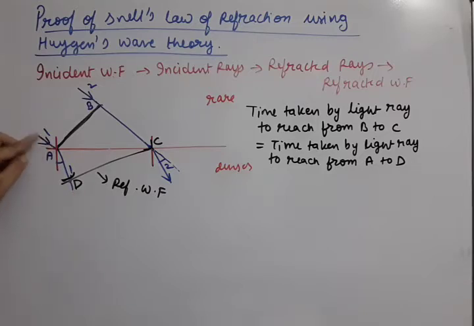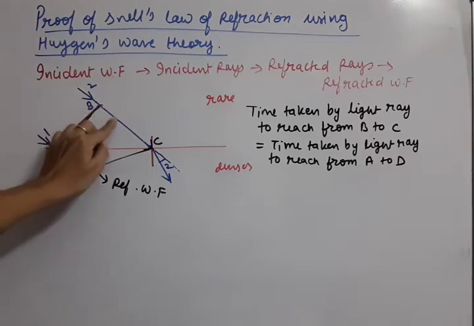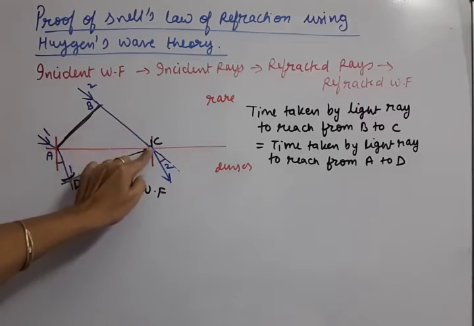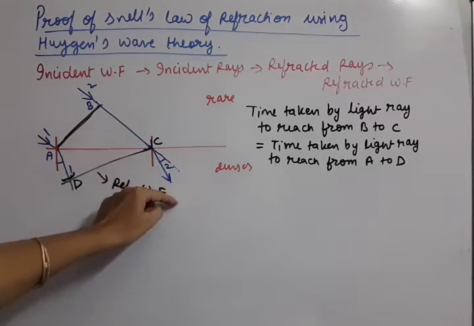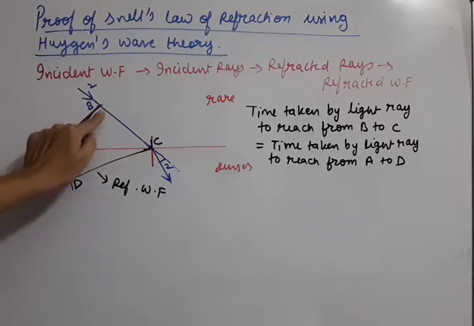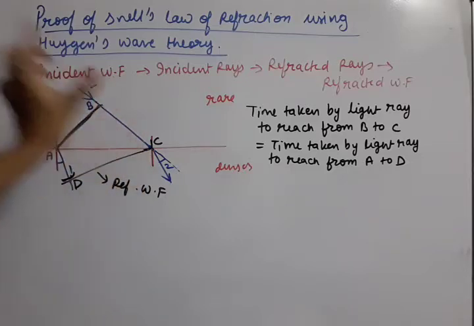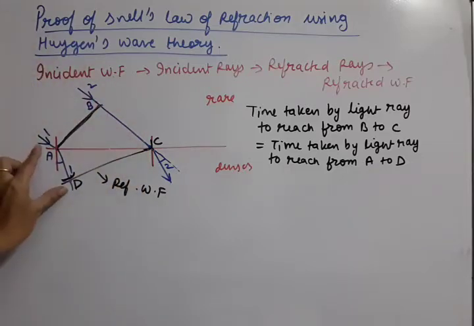You can see in this diagram, when the wavefront was falling on it, at A it was touching the separation line first, so the ray got started first from A. But the ray from B took some time to reach the separation line, and then it got refracted. So by the time A has already traveled some distance D, B was only reaching till point C. This way BC are corresponding points and AD are also corresponding points.